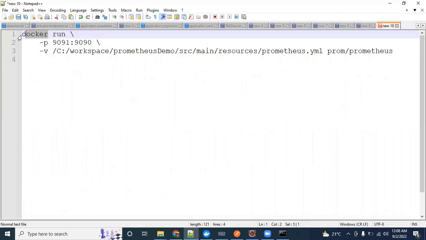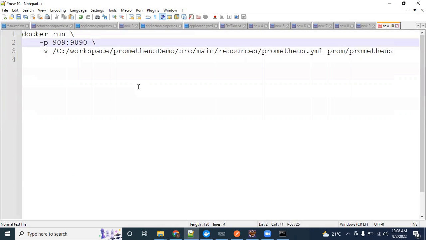You are saying Docker run, and then you have to provide your port. By default, I'll show you different examples, but here I will take just port 9090. That means I'm saying run Prometheus in my local on this port. This is my local port. So my local Prometheus will run on 9090, and the port on the Docker Hub image I map to 9090. And then what I'm saying,